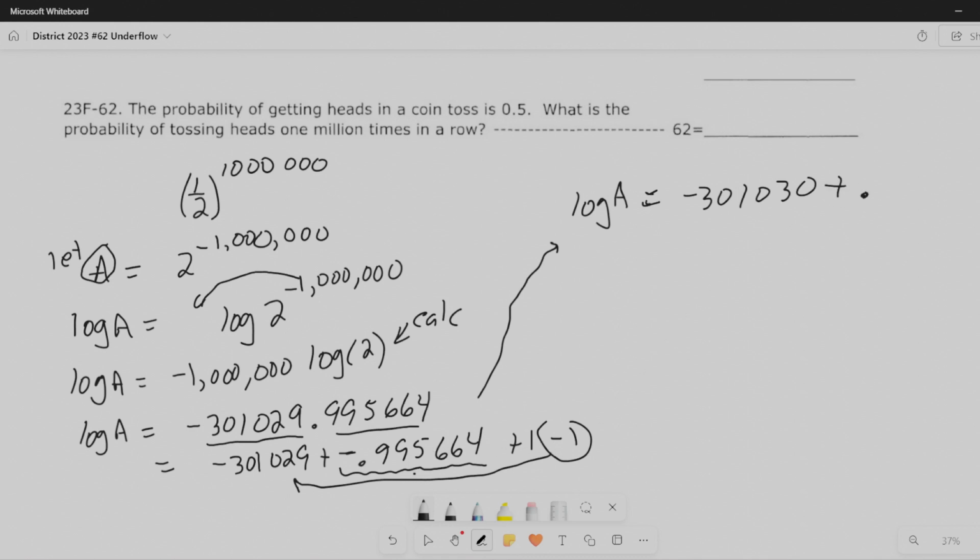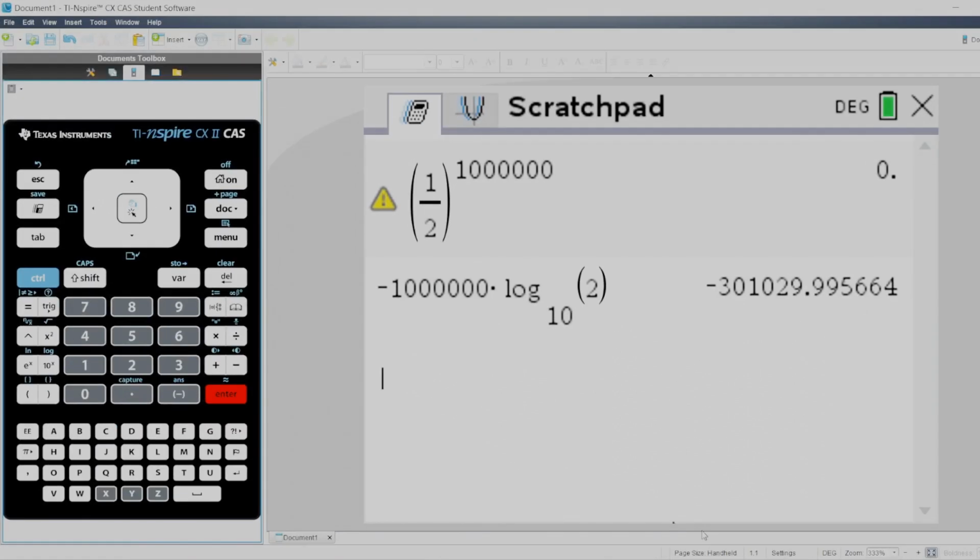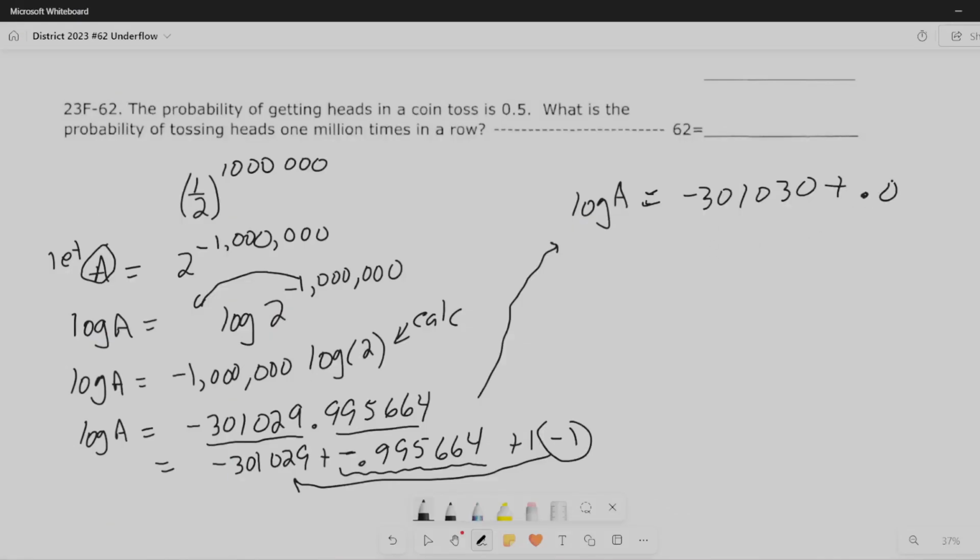I need 1 plus that decimal part, so 1 plus 0.995664 gives 0.004336. Now we can get back our A, which is what we were searching for, but in a form